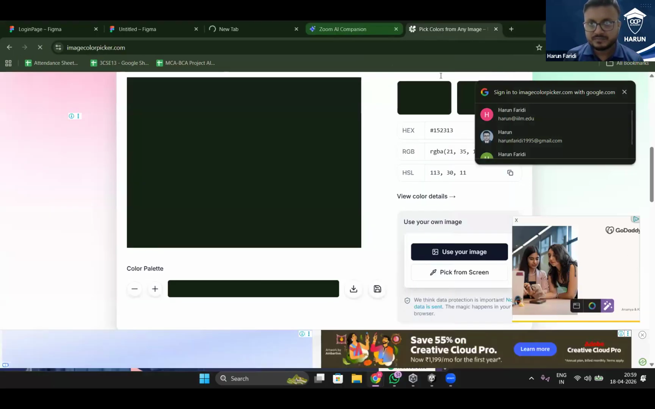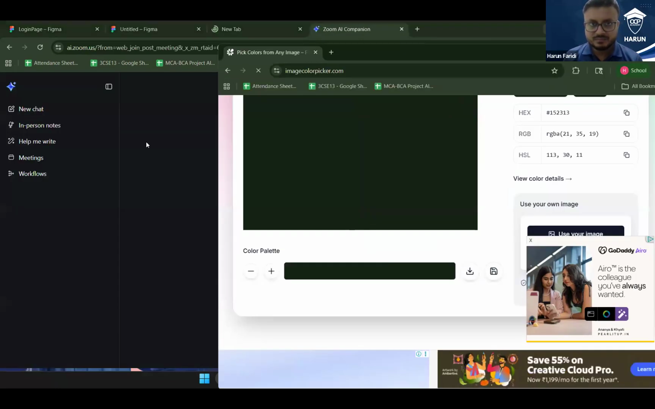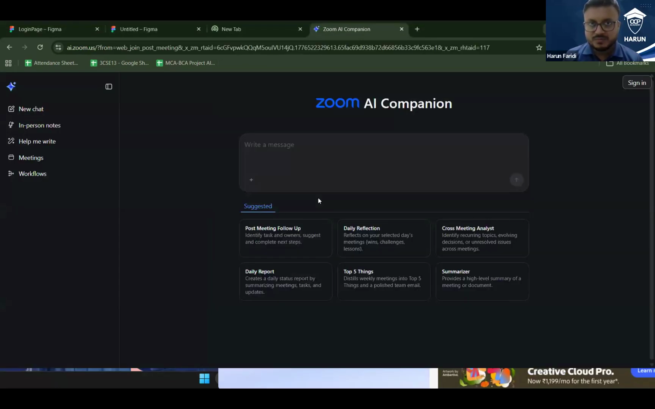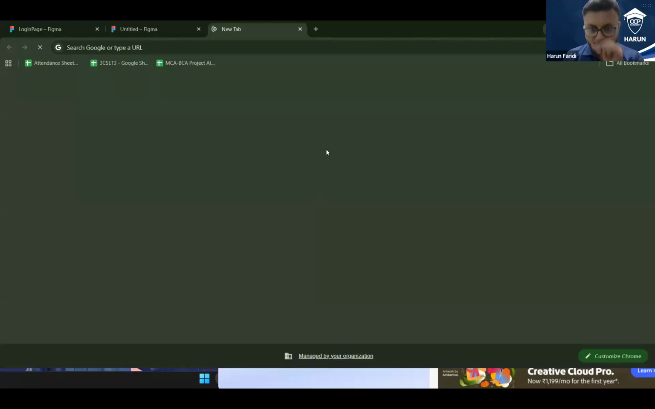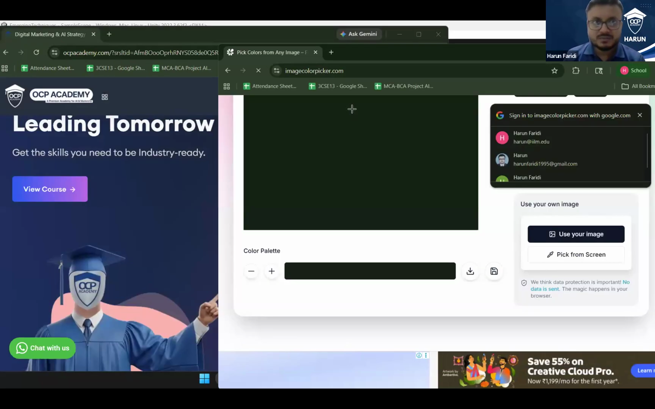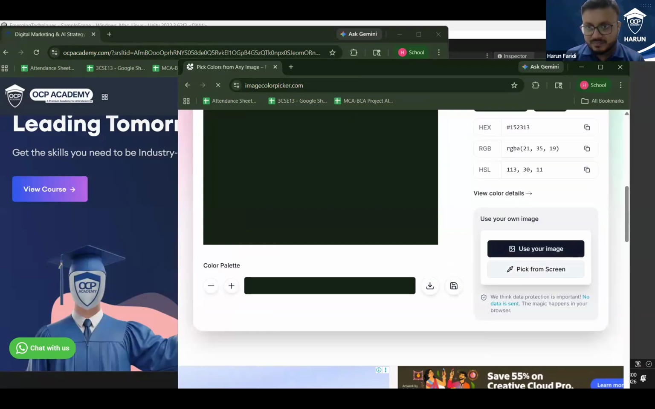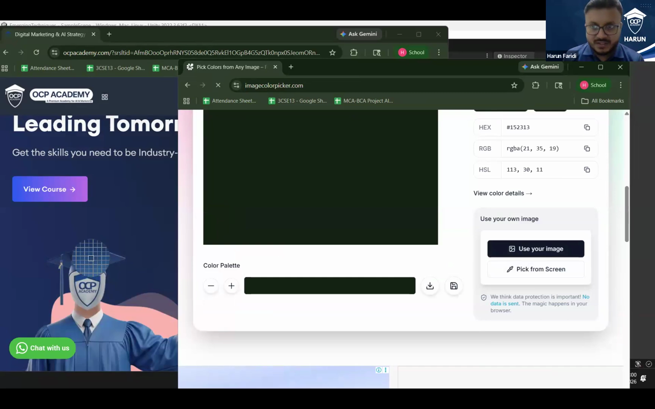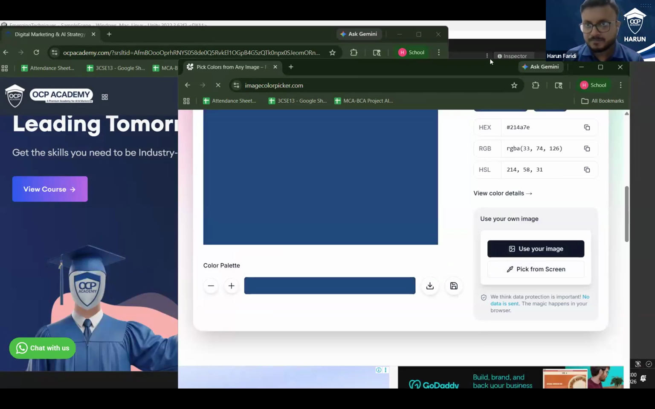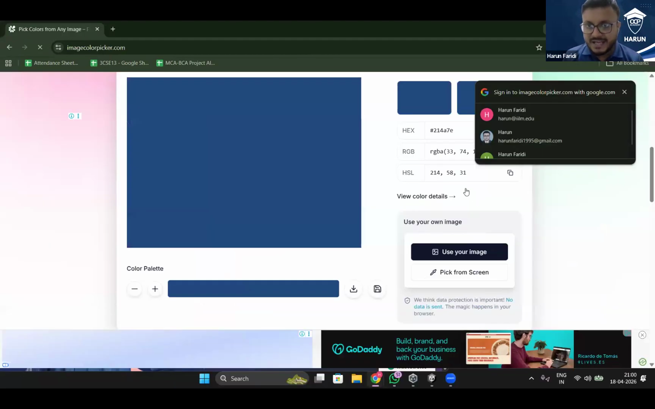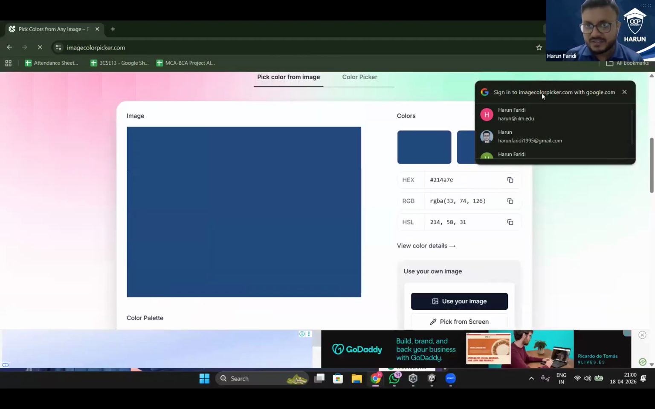Just have a zoom meeting base. मैं इसको क्लोज कर देता हूँ. Because there are various windows open in my website. Pick from, right. So this particular color we want to take, so it is available, right? So this will be the hex code that this website will provide. Okay, this hex code, just copy that hex code,